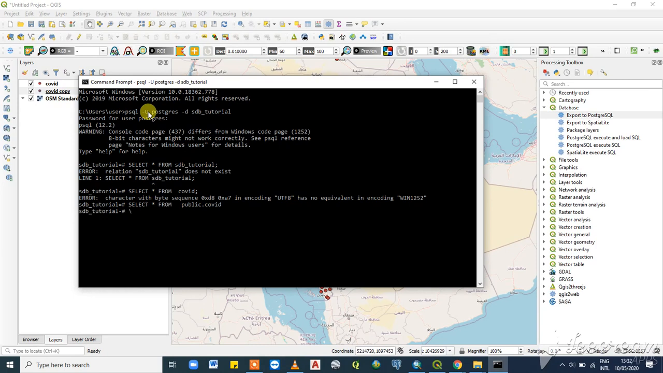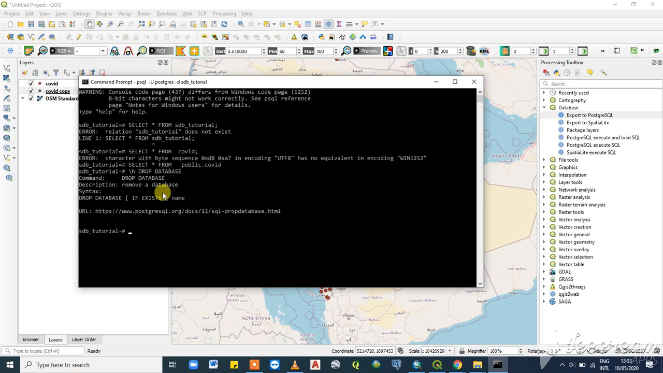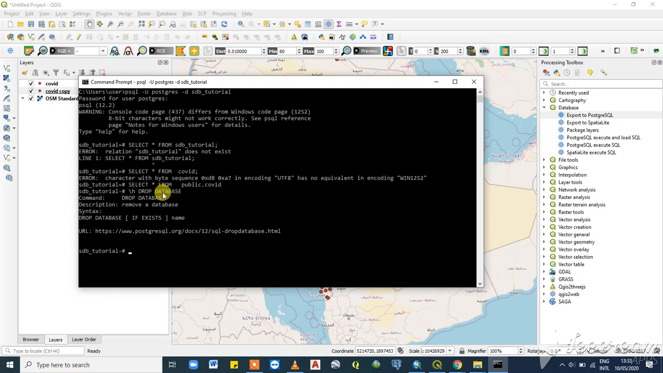Probably if you type in help and then drop database, it's going to tell you remove a database. It's probably telling you what this command means. The description is to remove the database and probably drop it for good, but we're not going to use this. So another way that you can get access to your data is through the PostgreSQL